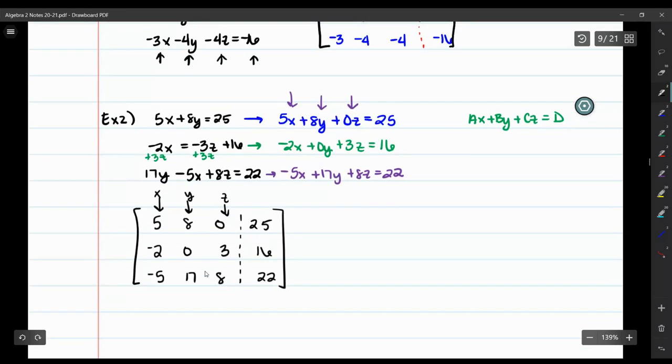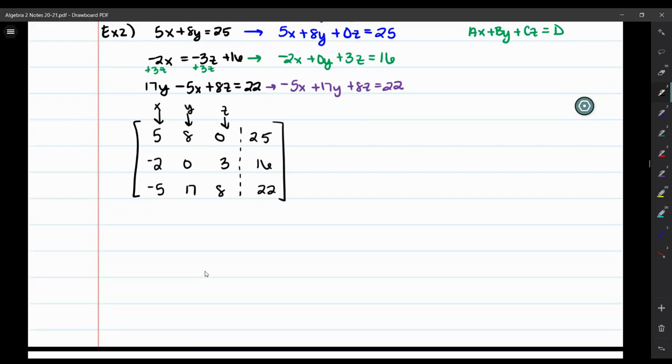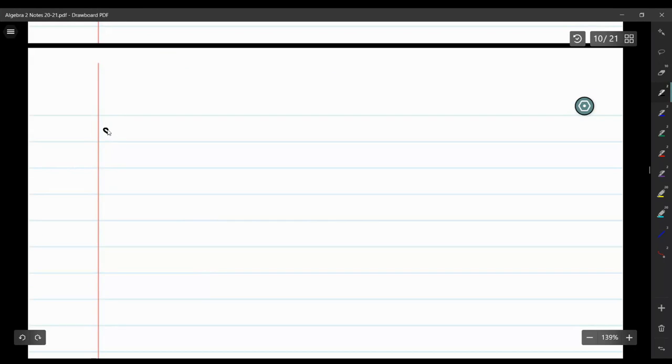Now, you may want to start a new page for our first solving example. So this is our next section. How do we actually solve using a matrix? Now that I know what a matrix is, how do we use it? Okay, so here's what we want to do. We basically need to get our matrix